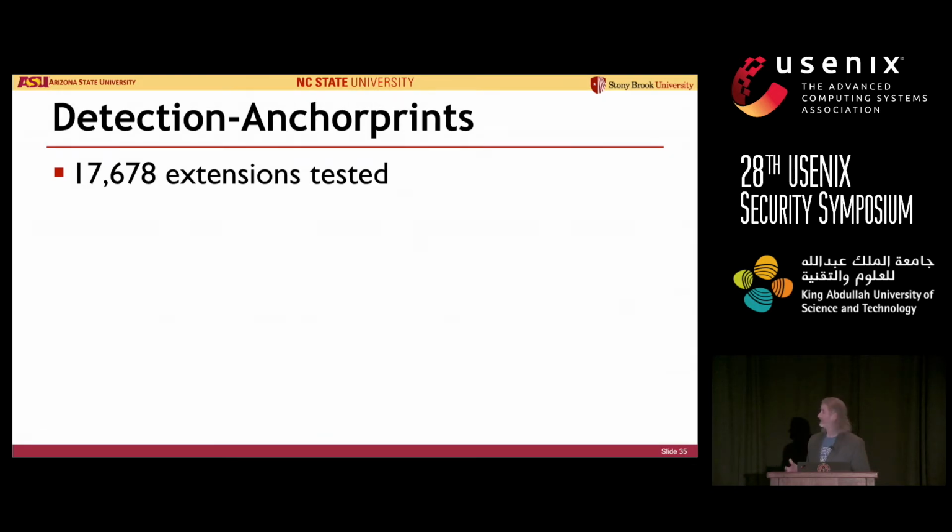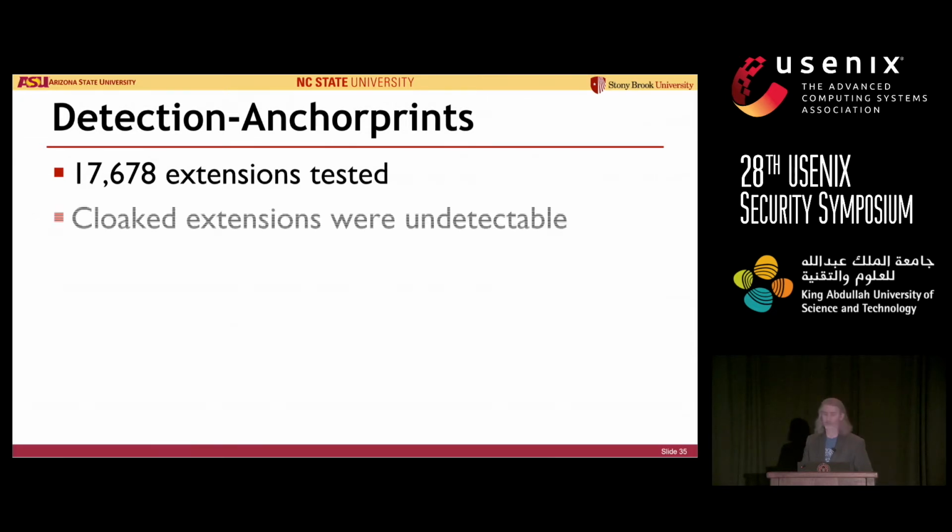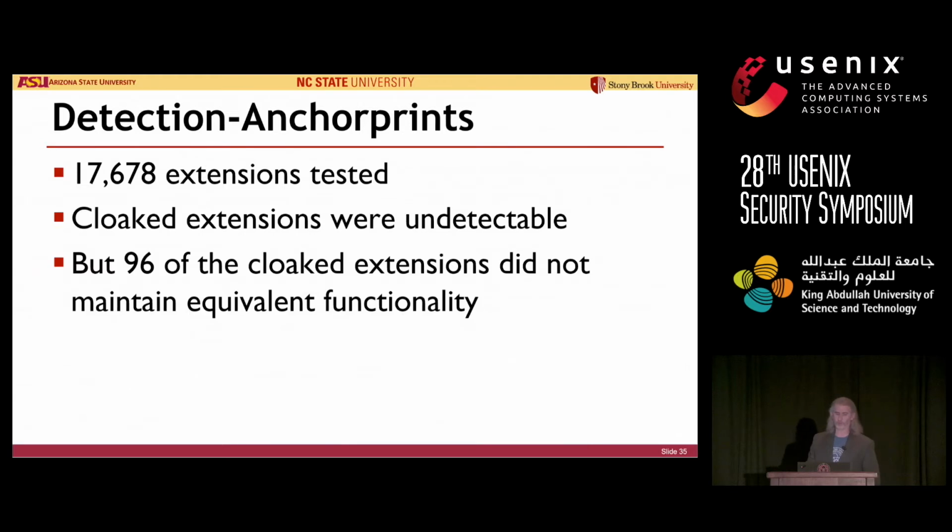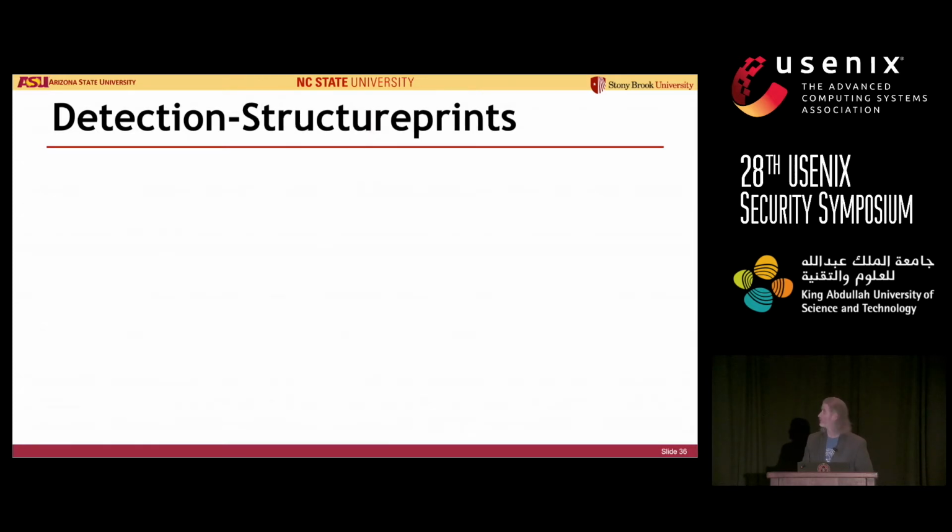So for detecting anchor prints, for going through and detecting everything, we ran this on 17,678 extensions and found that the cloaked extensions weren't detectable. However, 96 of them did not maintain equivalent functionality, and so we counted these as actually being detected. For structure prints,